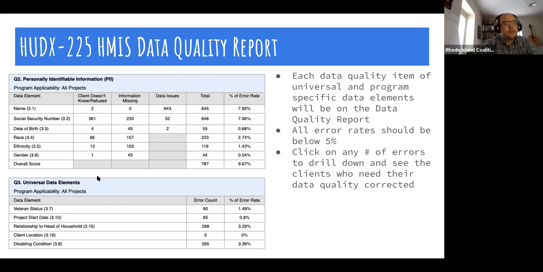The universal rule of thumb is that all items want to have an error rate below 5%. And any errors, you can just click on any of the issues in order to drill down and see